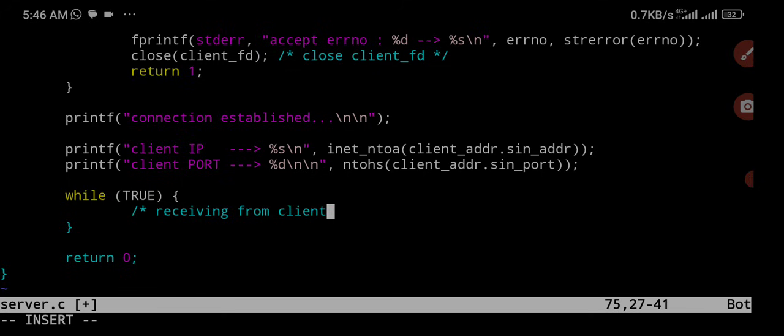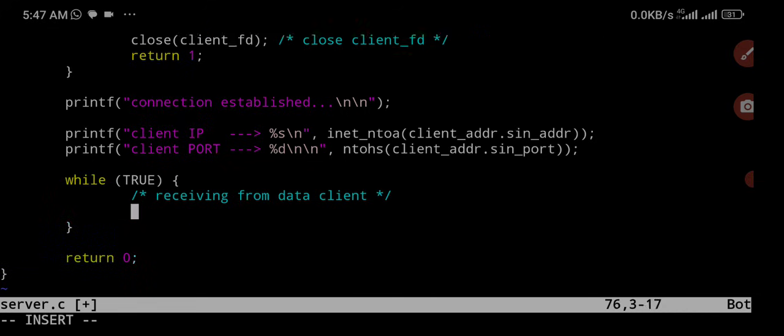Okay, what are we receiving? Receiving message, receiving data. Call it data because everything is data from client. */